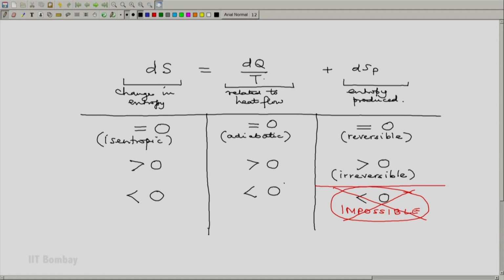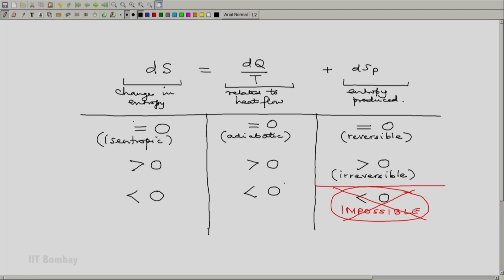It is possible that during a reversible process the system rejects heat, in which case the change in entropy will be negative, entropy will reduce. But we have a number of illustrations where we have a reversible process which is